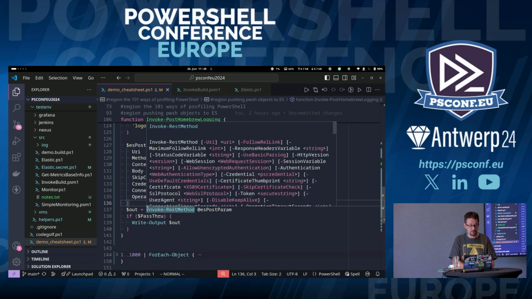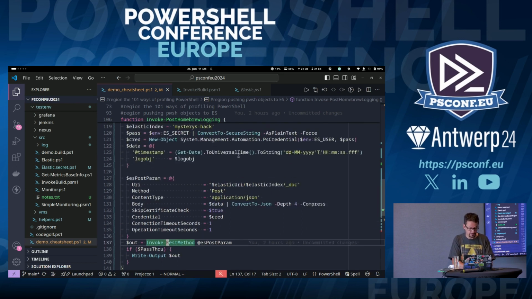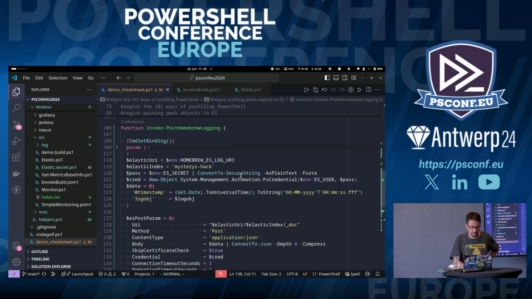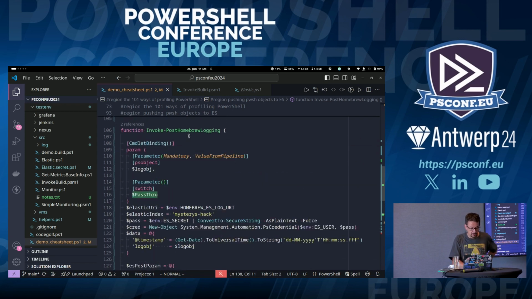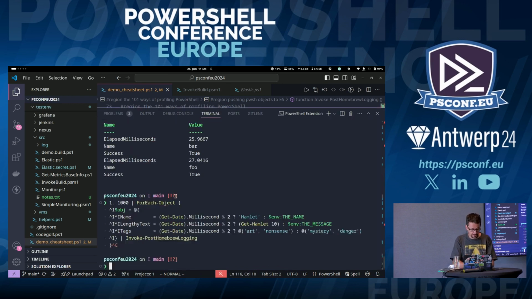So then actually all we do is we invoke a REST method, which is a post against this endpoint. And here's where I implemented this pass-through. Some of the times we want to get the feedback because Elasticsearch, this endpoint, will actually tell us the document ID of the document it just received, so we can have a look at it later on. So this Invoke-PostHomebrewLogging function takes a log object and has a switch, so not really nothing there. But I now have to